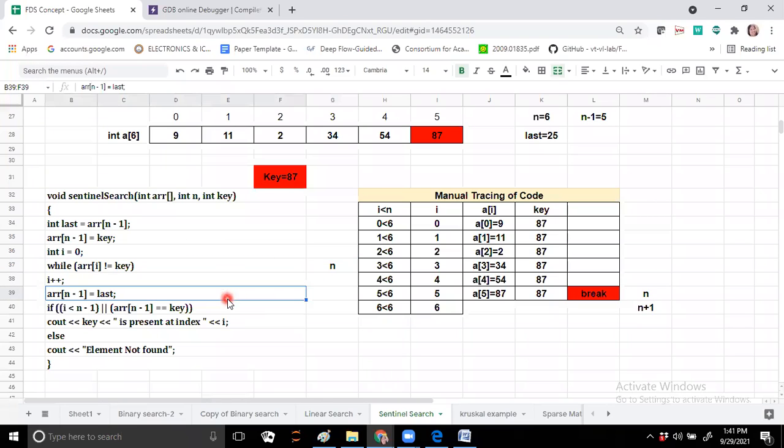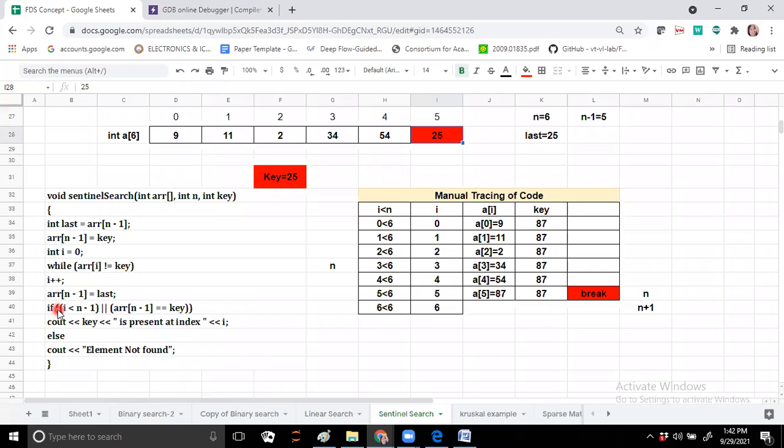Now it has broken, but still there is one challenge with us: 87 is placed in place of 25. Now what to do with this 25? Assume that now my key is 25 and I want to search it. So how will we search this 25? Assume that the key I have to search is 25. Okay, fine, if it is 25 it will be replaced with only 25. Now if it is 25, then at the fifth position only we will get a match here, right?